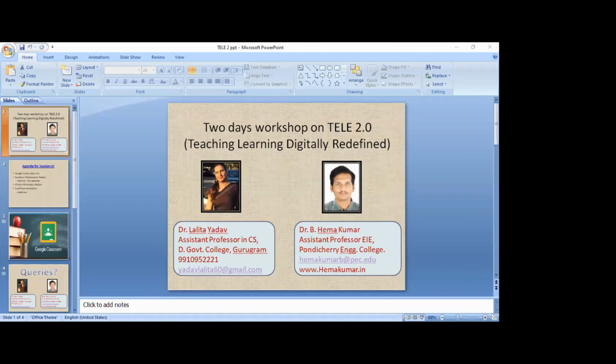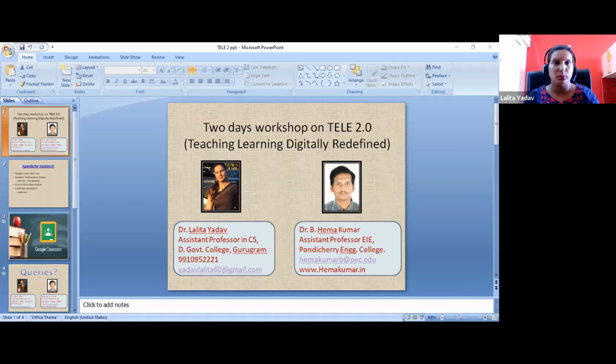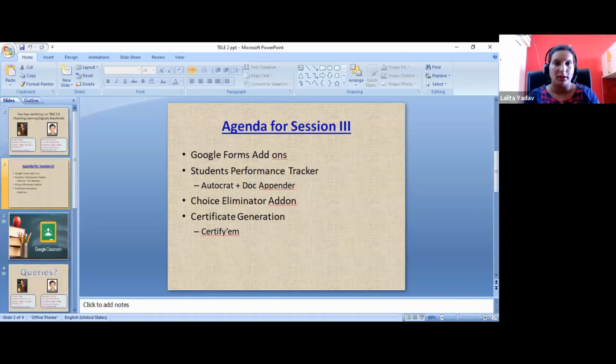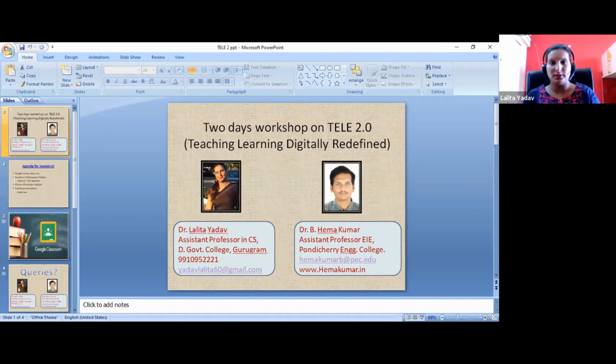Let me share my screen first. What we are going to cover in this session. Please let me know whether it's visible or not. I'm sharing my screen. Is it visible? Yes, ma'am, visible. I request all the participants to please put yourself on mute mode and turn your camera off. I am doing the same.